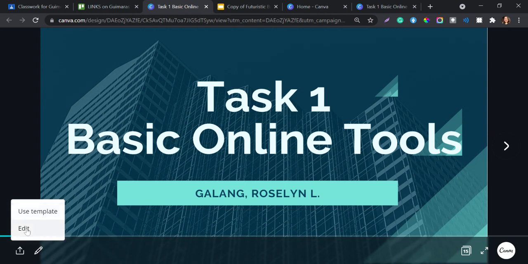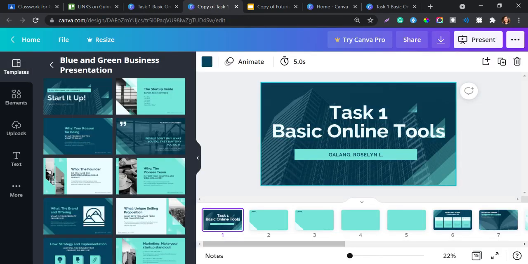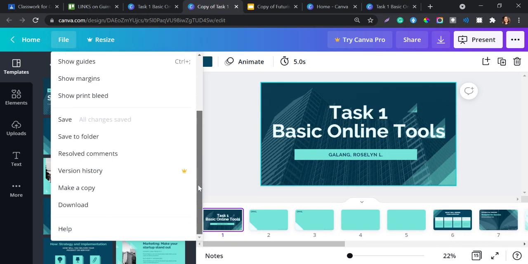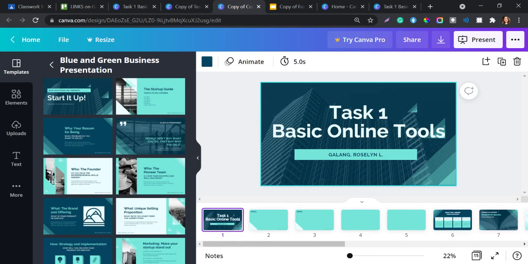You can edit, you can use template, but for this one, since this is your template, I want you to click on use template, and then click on file and make a copy. Okay, because that is your template, you should not be editing there. Okay, so once you've created a copy of it,